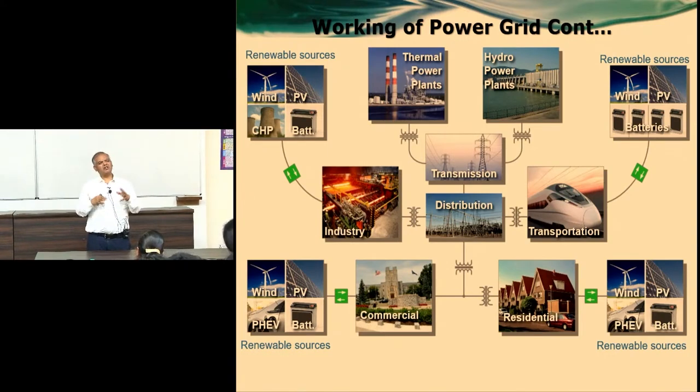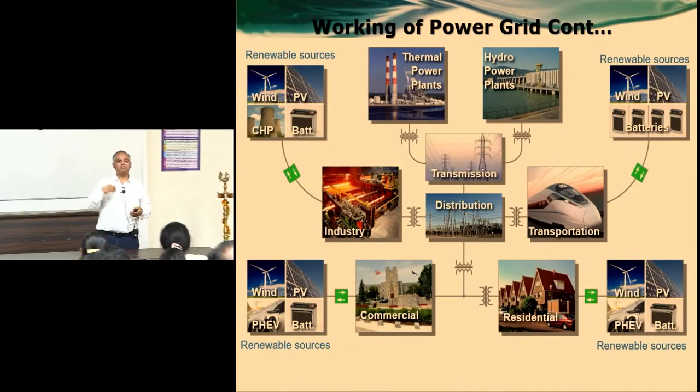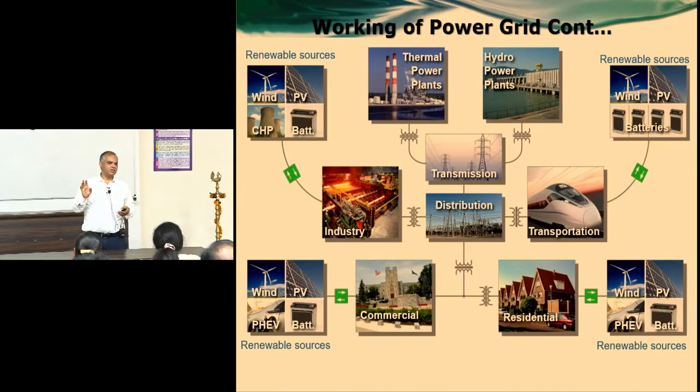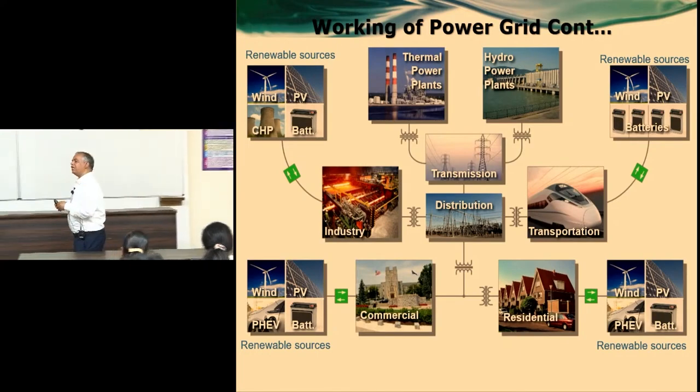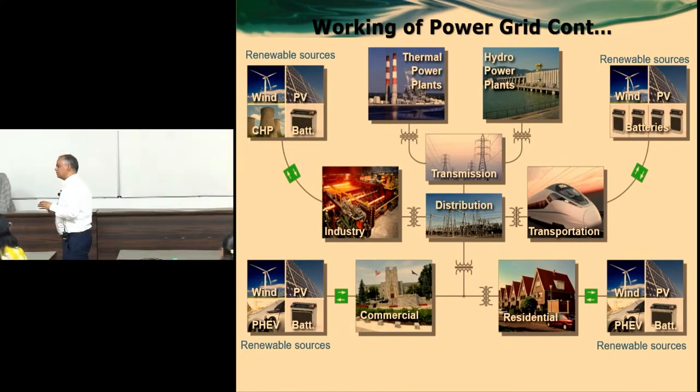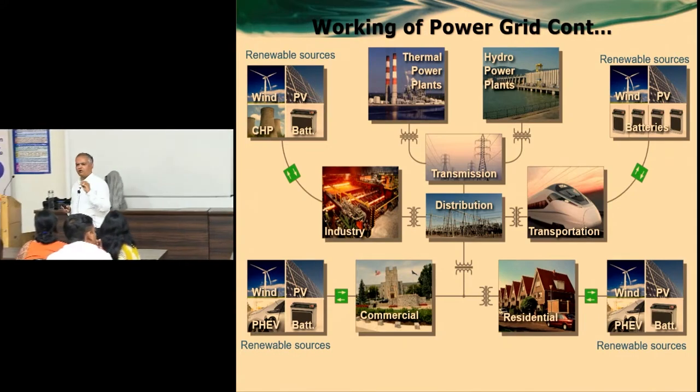And for some weather condition, say a storm comes for two to three days and you don't have electricity, for that purpose you can have a battery backup, which may be only for 2 to 4 hours. Economics is very important also. Sometimes only a 2 to 4 hour backup is there, but if more reliability is required, then you can have a generator set as a prime concern. But it has been observed that in most conditions, no more than a 2 to 4 hour backup is